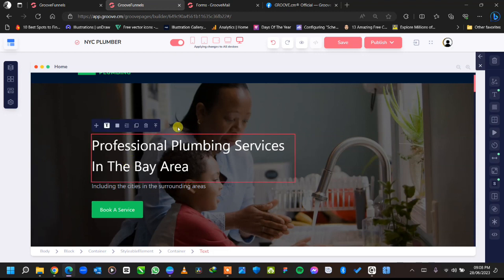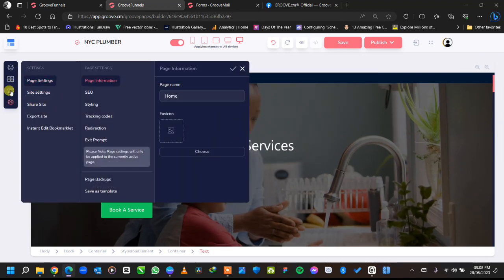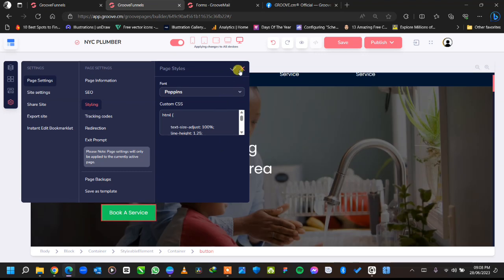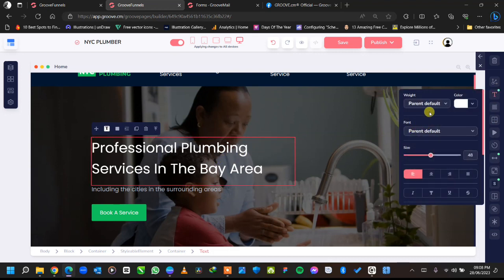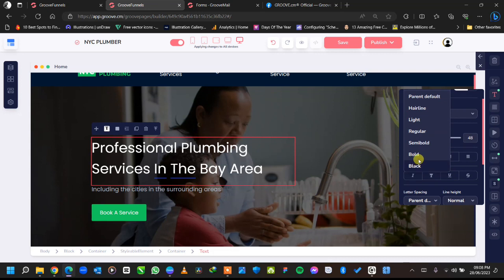And I don't like the font I'm looking at right now, so I'm just gonna come to page settings and then styling and fonts. I'm gonna choose Lato. Let's go with Poppins. Okay, I think I'll go with Poppins. And then I like the way it looks, and I'm gonna come here and make this text bold,